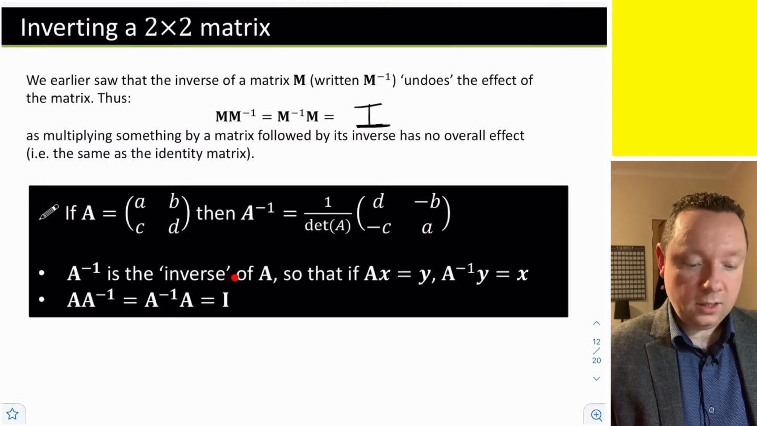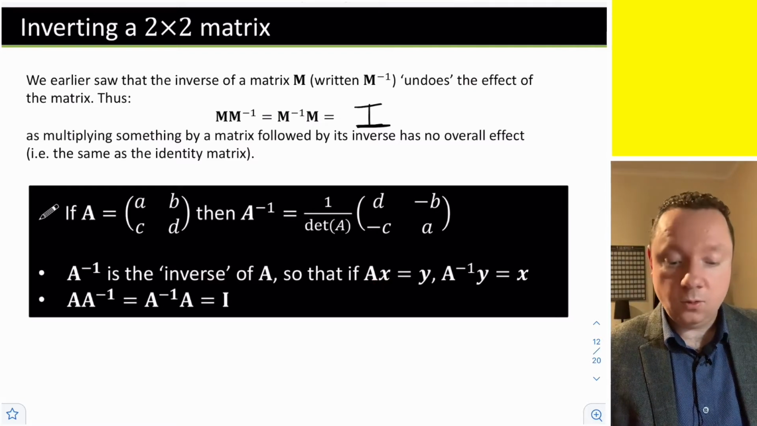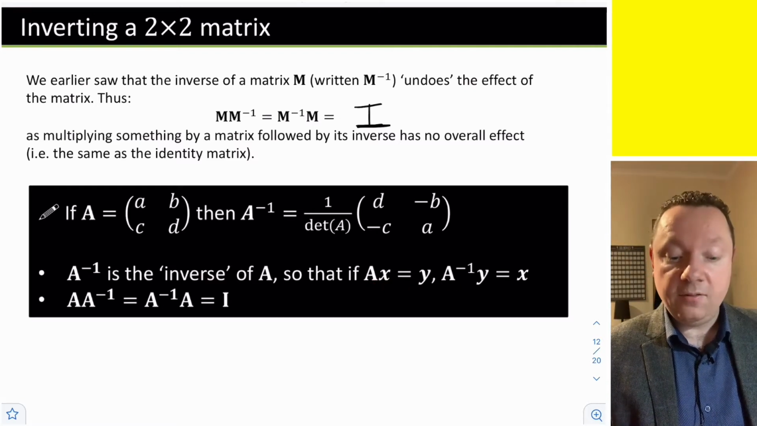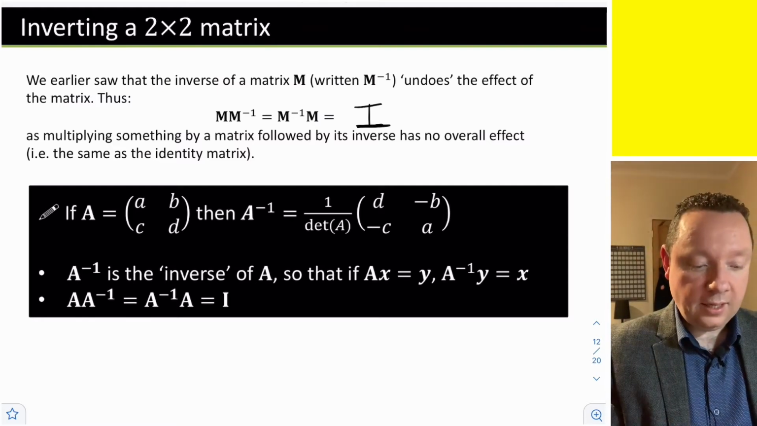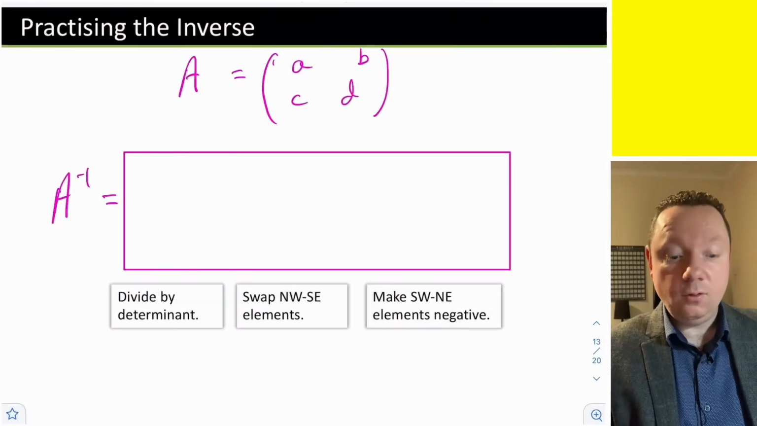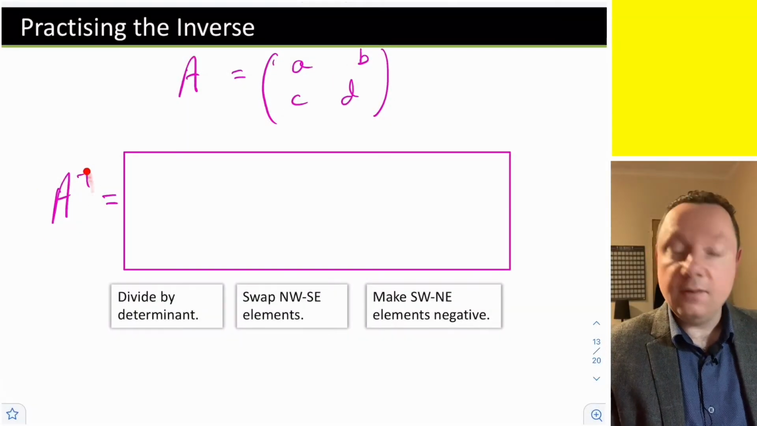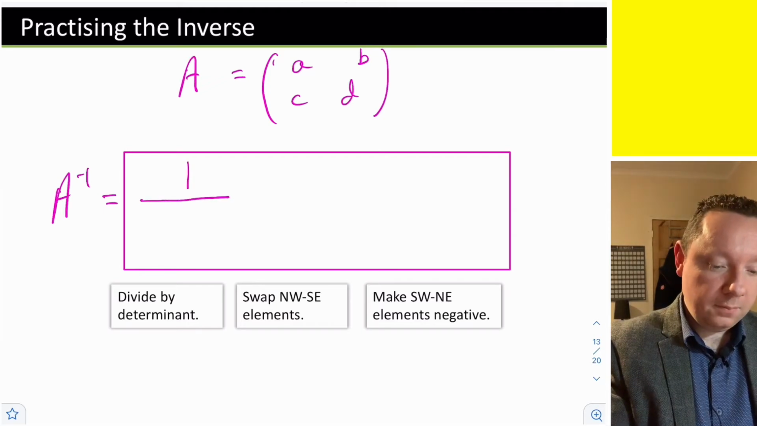A inverse is the inverse of A, so that if we did A times X equal to Y, then A inverse Y would equal X. Or A times A inverse equals A inverse A, which equals I. So if we had A equals [a, b; c, d], to find the inverse of A is quite easy. We just do 1 over the determinant